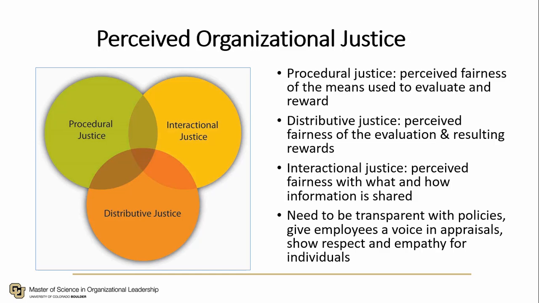Distributive justice can be defined as a person's perception of the fairness of those outcomes, and those outcomes could be benefits or rewards, or they can be punishment, and it can be their evaluations. Interactional justice, and some refer to this as informational justice, goes beyond the fairness of the outcomes and explains how decision makers treat their employees in regard to information that is shared about the